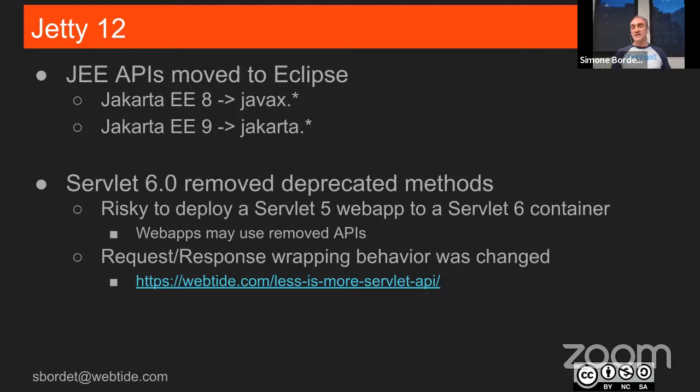And so what does it mean? That if you have your 50 web applications and you start saying, oh, but the 51st web application is going to be written with the new standard, now you need a web server for all the old ones, but a new server for the new ones. And now you have to manage two servers rather than just one, which maybe you had before. Maybe the versioning of the two servers is not in sync, and so now you have a bunch of other problems. There are other behavioral changes in Servlet 6.0, so you really need two different servers for your new web applications.